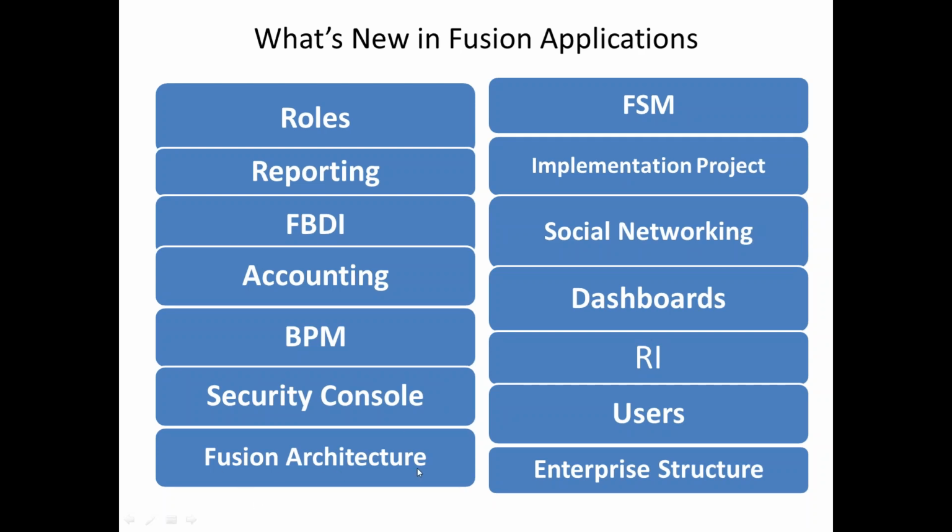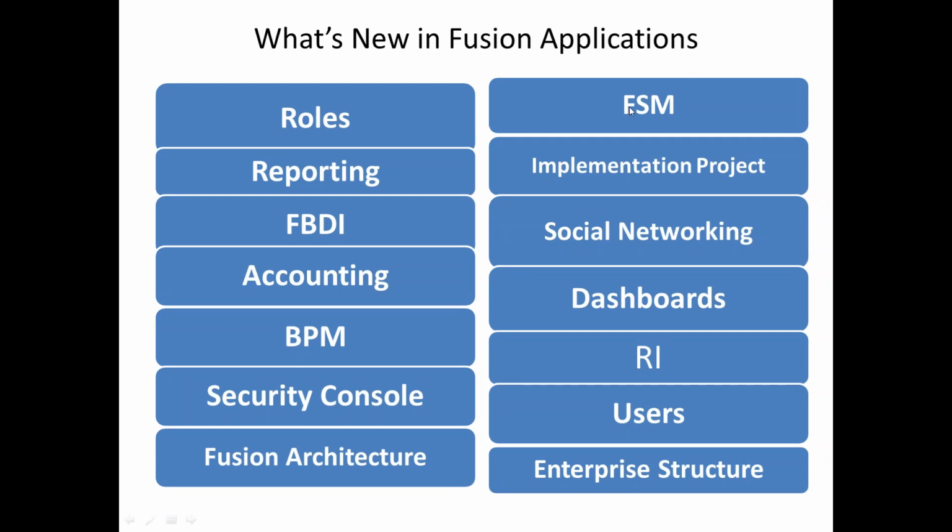And Fusion architecture structure. This is different from the EBS architecture structure that we'll discuss in the class at a very detailed level. In Fusion, they introduced the application layer, middleware layer, and database layer, whereas in EBS, we have an application as well as a database. So we'll discuss in more detail what components we have as part of middleware, which components are related to functional, which components are related to technical. If it is functional, what level we have to understand, those we'll be covering in our classes.